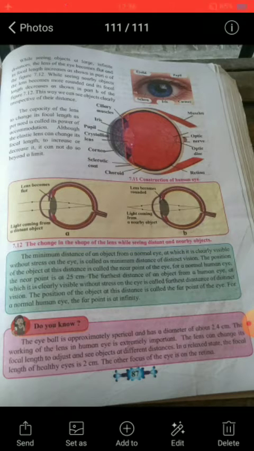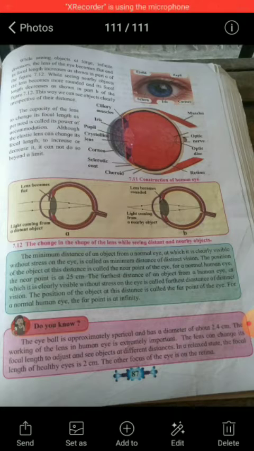It is at the back side of the eye. It is made up of light sensitive cells. These cells get excited when light falls on them and generate electric signals. Light coming from the cornea, then through the pupil, comes to the retina. There are light sensitive cells, and due to light sensation they get excited and generate the electrical signals. These signals are conveyed to the brain through the optic nerve.